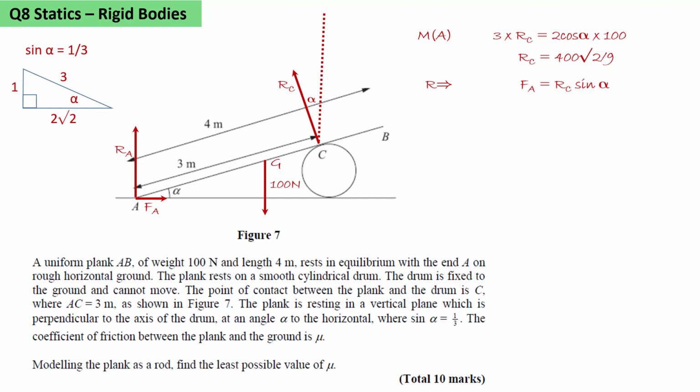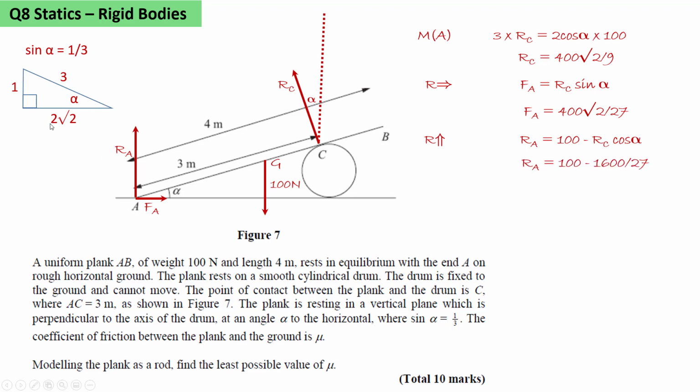We're going to resolve horizontally to find FA, and FA will equal RC sine alpha. So FA will equal 1/3 of 400√2/9, which is 400√2/27. We resolve vertically and we find RA will be 100 minus RC cos alpha,